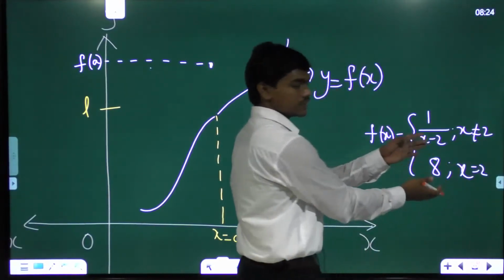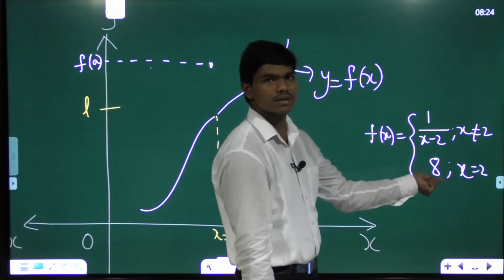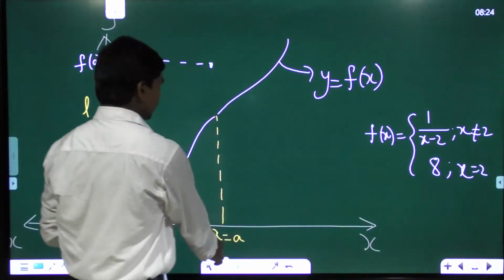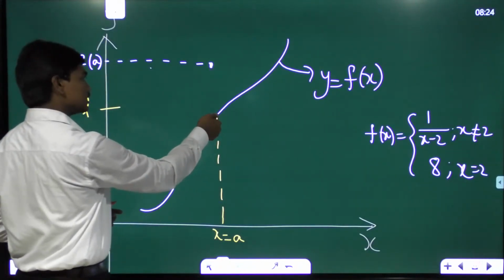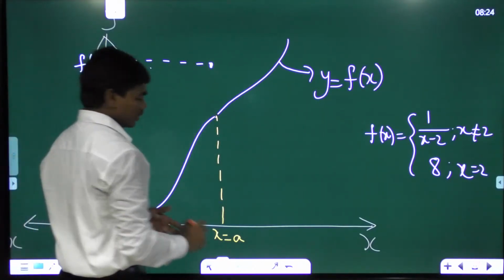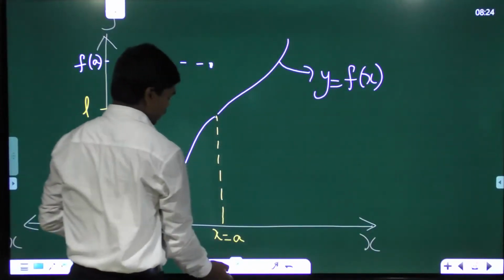You see some split functions which are defined like this. Generally at the points where this function fails, they'll define it with some other value. Correct? In a similar case, at x is equal to a, there is no value for this function, which means the function is discontinuous, and it's mentioned here. I have written this just to give you the idea. Okay. So now